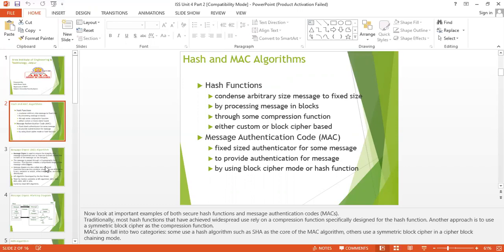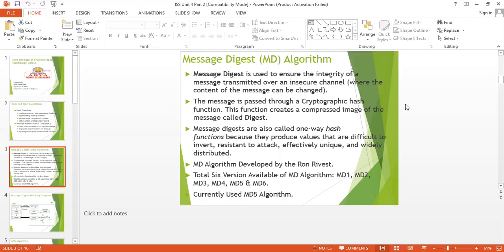So now we discuss the message digest algorithm, or we can say the MD algorithm. Basically, the concept of the message digest algorithm is similar to the hash function. The message digest algorithm is also called the fingerprint. The message digest is used to ensure the integrity of a message transmitted over an unsecure channel.